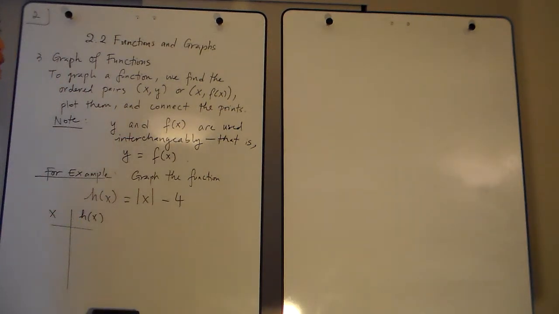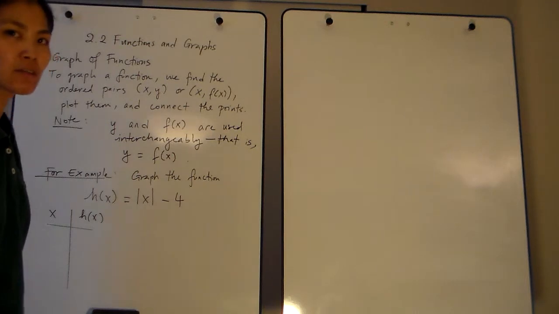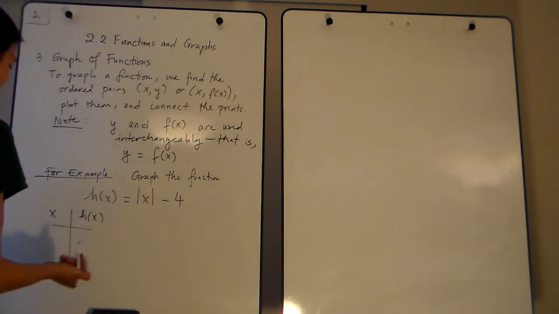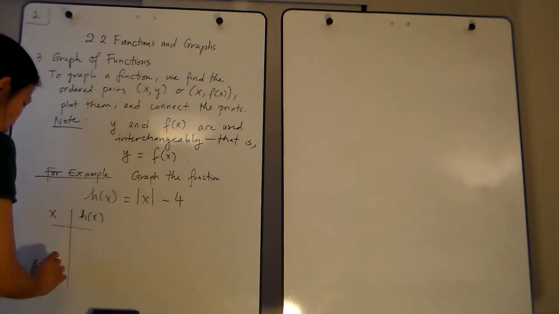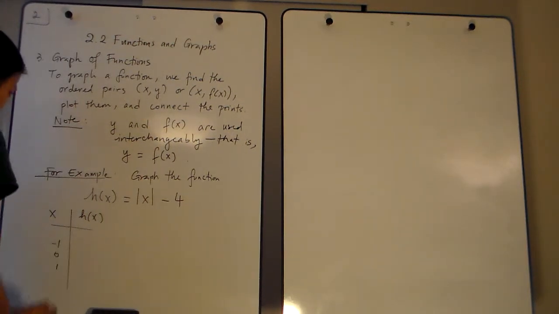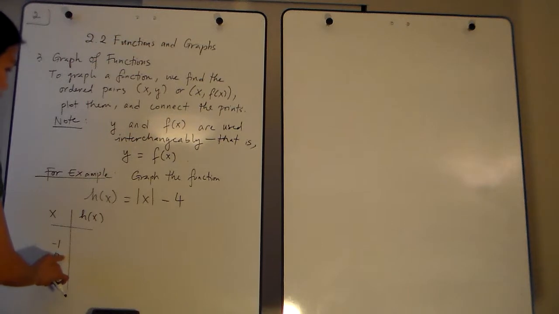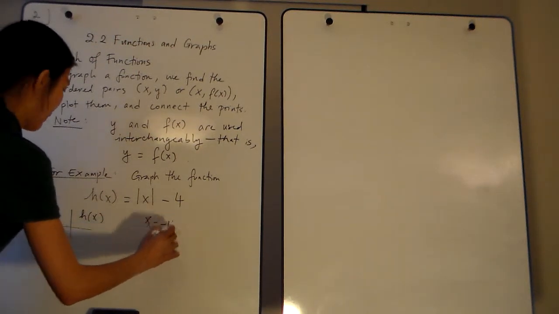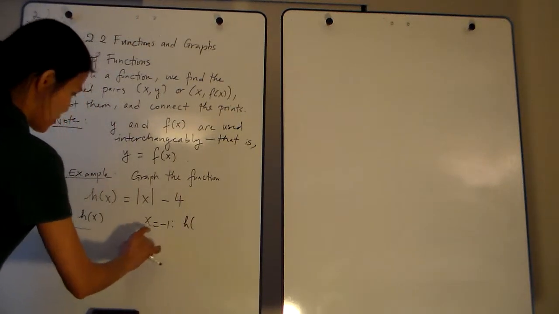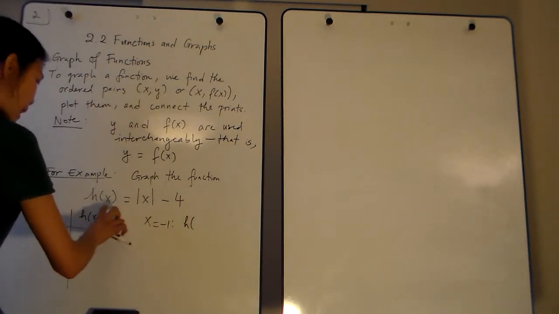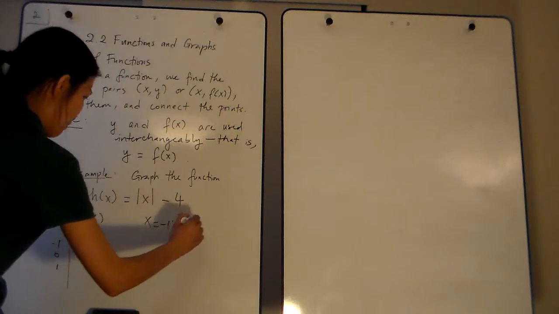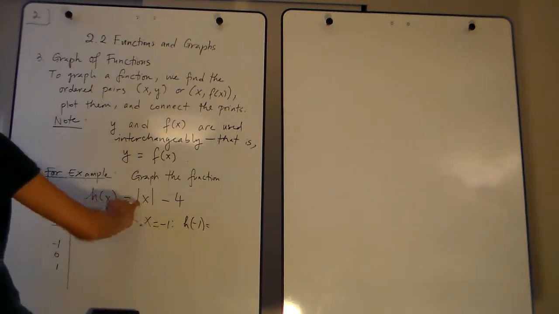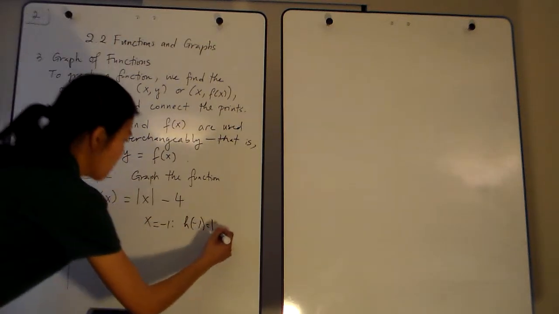Sometimes we have to graph more than 3 points because this is a nonlinear equation. It's not a line. So let's start with easy points like 0, 1, and -1. When x equals 0, when x equals -1, h: replace x with -1. So we have -1 right here. Correspondingly, we have the absolute value of -1